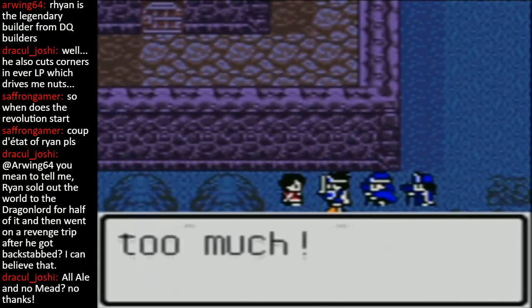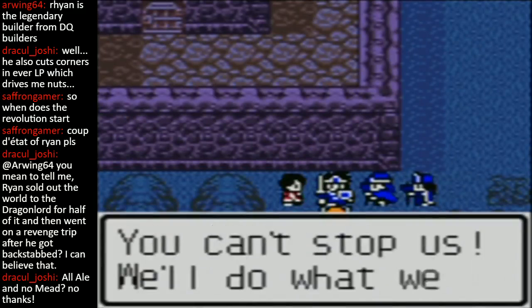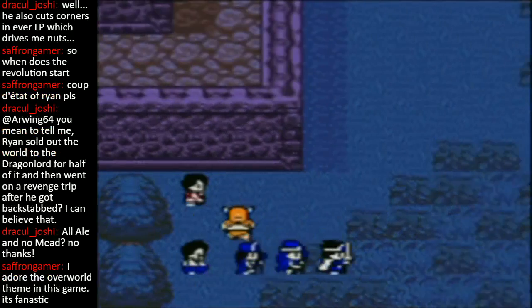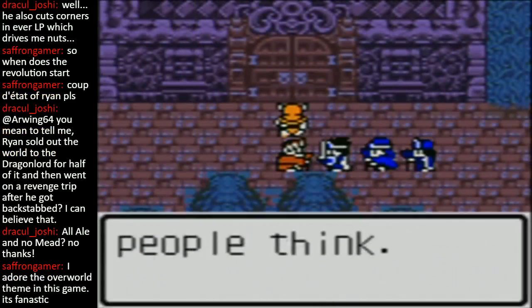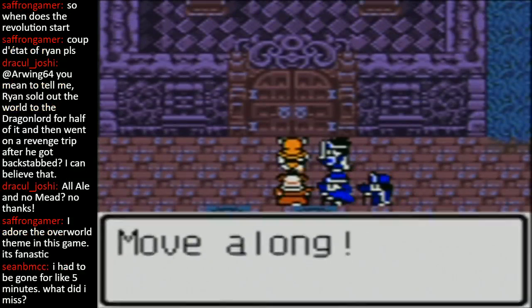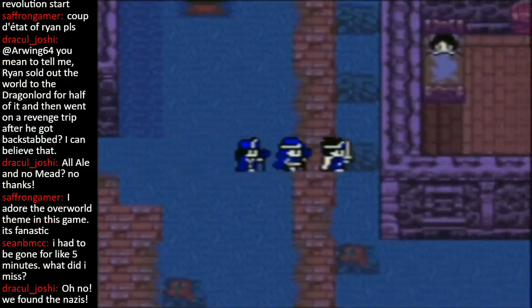Ryan's ways are too much. We can't take it anymore. I have no choice but to start a revolution. You must never tell anyone what you've heard about us. Uh-oh, that doesn't look good. So what does this guy say? I meet Ryan and tell him what town people think I need to go in. Hey, Ryan's asleep. Okay, so...